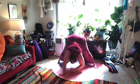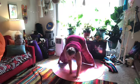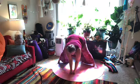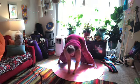Up so that we're about halfway up, and then we're going to add a little bit of a twist. So I'm going to push my right hand into the floor, turn with my left. Now you can extend the arm if you like. I generally just let it go with my torso here. So twist to the left,